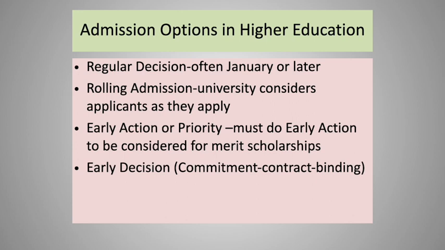So when your student is trying to decide when should I apply, if their GPA meets that merit standard, they must apply early action. They must, or they'll be losing money or potentially losing money. So it makes sense for them to apply early action. Early action is not binding. Early action, you can do as many early actions as you want. So every single school will be early action if they offer